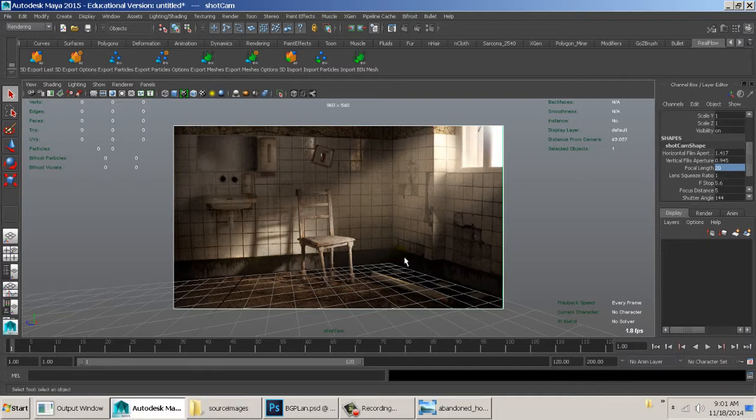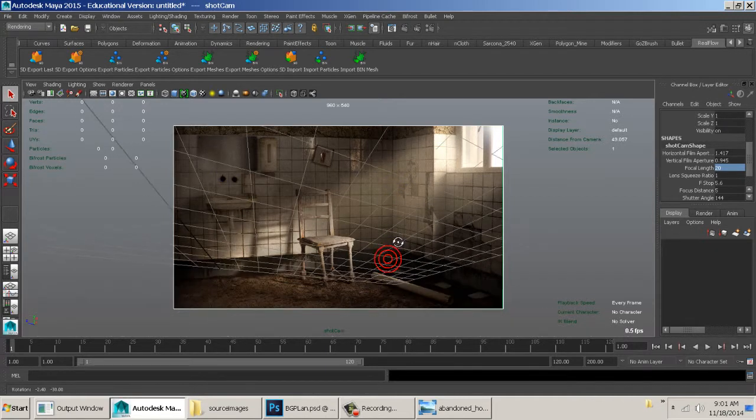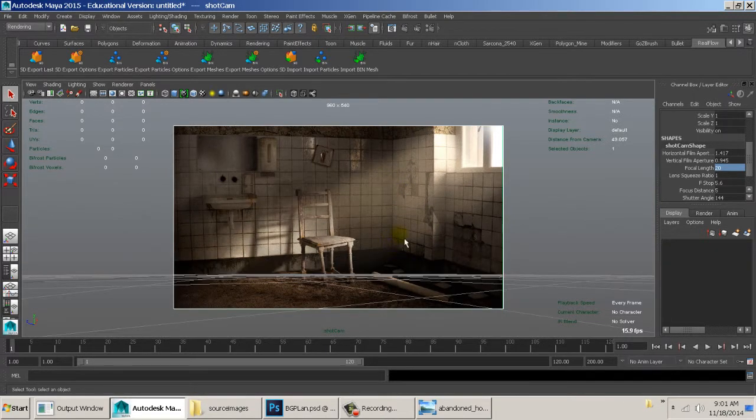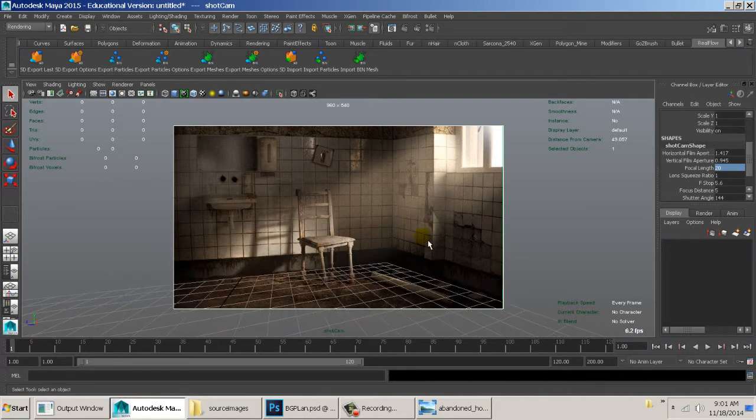So in this case, I think 20 is actually probably a good value. If you look at the stuff in your scene too, you can get an idea of where the camera was taken, or where the shot was taken from. So I shouldn't be like down here on the grid like that. That doesn't make sense. The person who took this shot was probably regular height and just shot straight at it. Okay, so something like that looks like it's pretty close